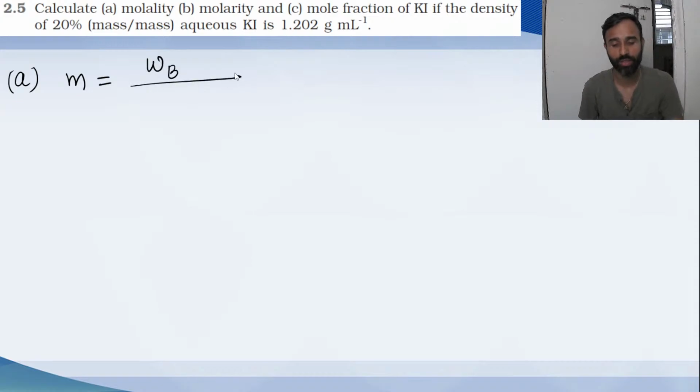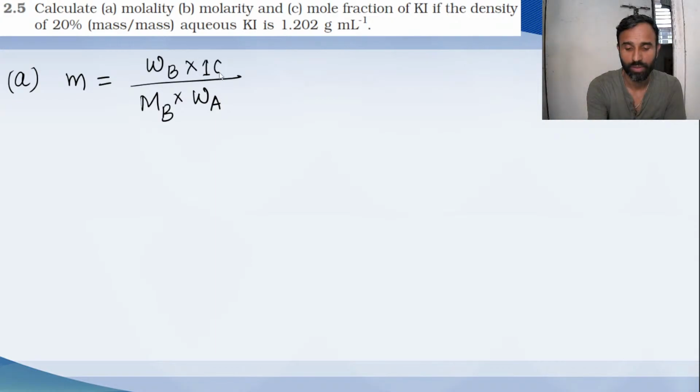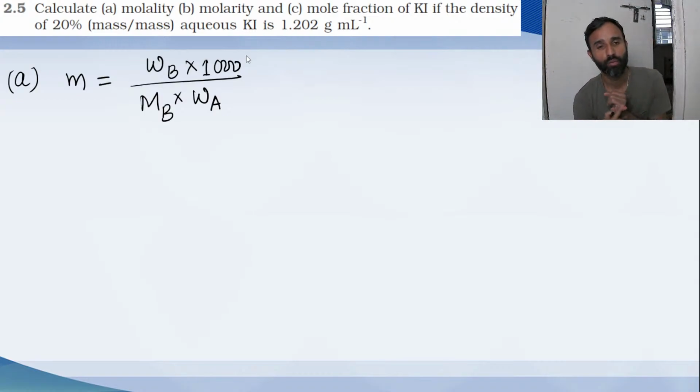Weight of solute in gram divided by molar mass of the solute into weight of solvent in gram, into 1000. So what we need? Weight of solute as well as solvent, and at the same time molar mass of solute. What is solute here? Solute is KI, and it is